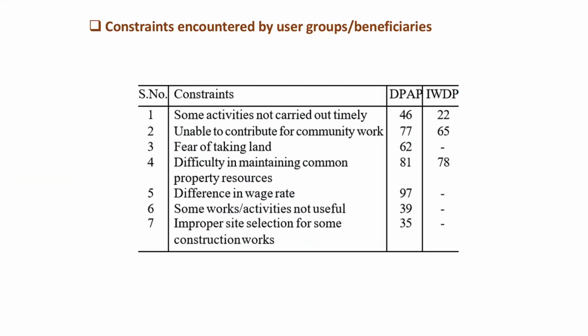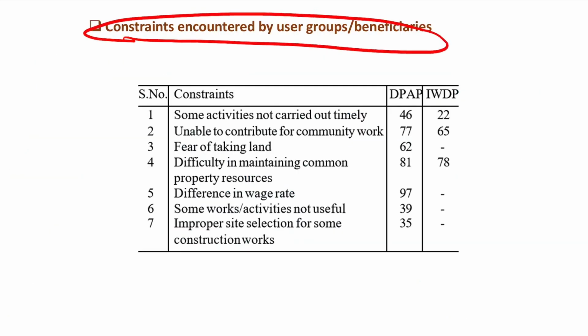Next, what are the constraints encountered by user groups or beneficiaries? What are the constraints of watershed encountered by beneficiaries? Some activities are not carried out on time. As you know, in whatever government policies or programs we see, time management is the most common issue in our implementation. So a major constraint is that they are not implementing things on time, and unable to control community